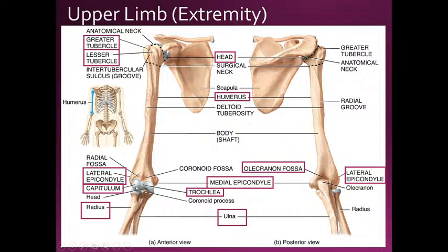And so the rounded one is known as the capitulum, and it articulates with the head of the radius. The trochlea articulates with the coronoid process of the